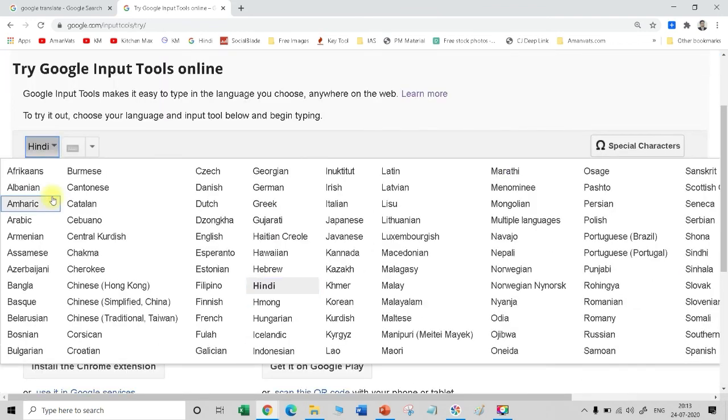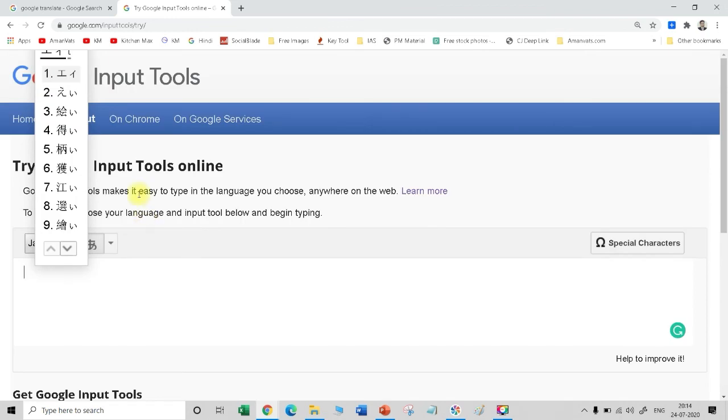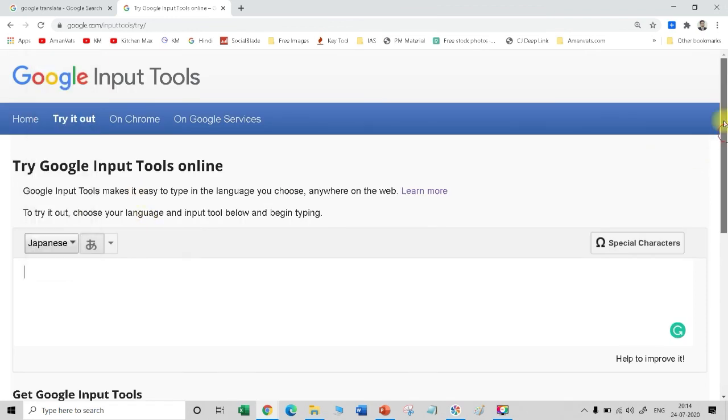These are the languages. Probably Google has made this amazing tool, hats off. There are so many languages, maybe like Chinese or maybe Japanese. For example, if you find Japanese somewhere, and I am using my keyboard and I am writing, for example, exit. See, it already wrote Deguchi, you can see.